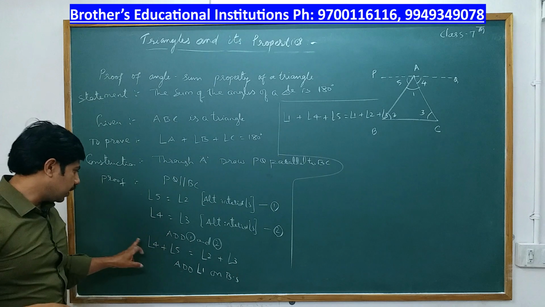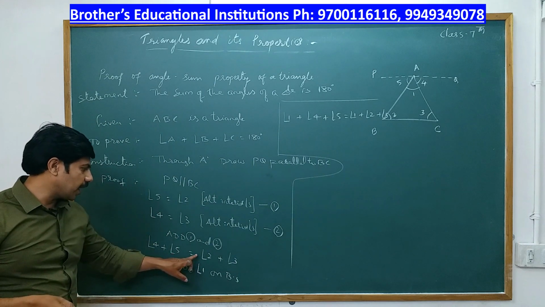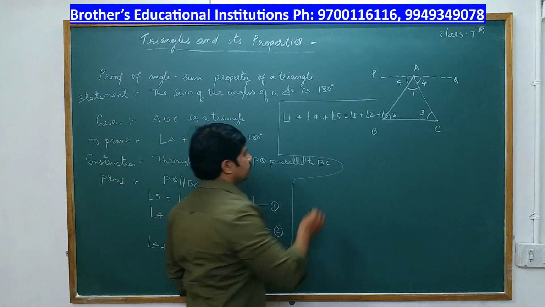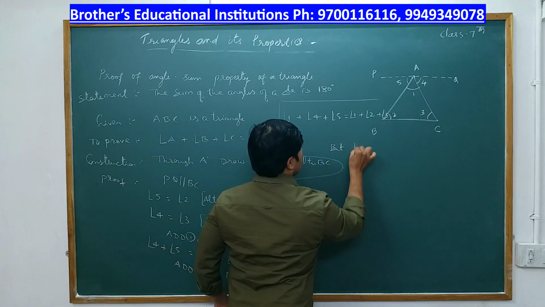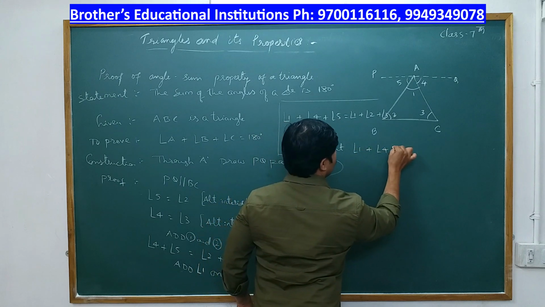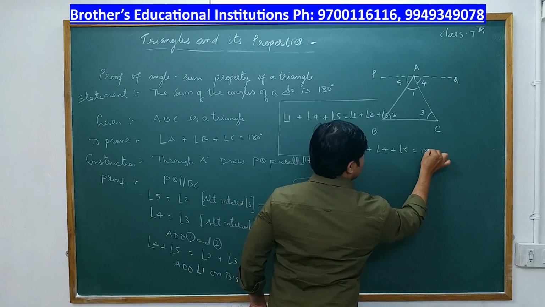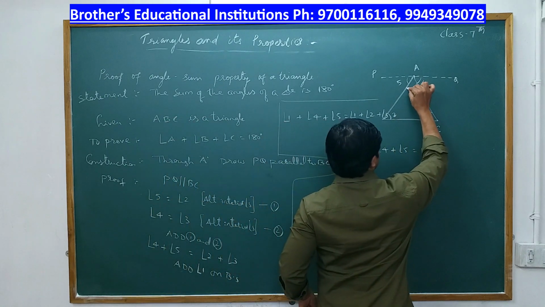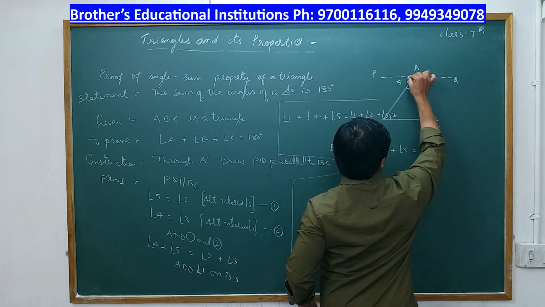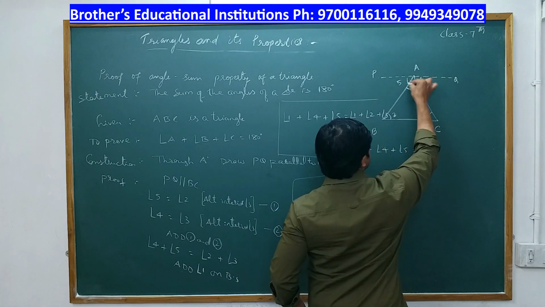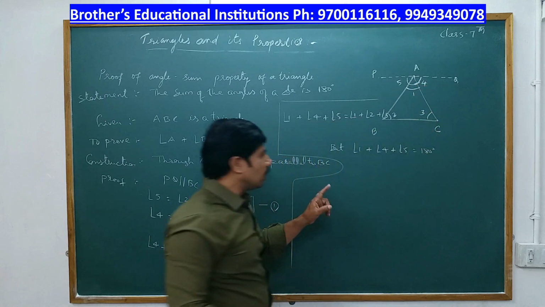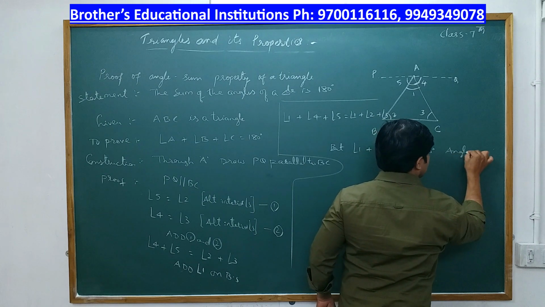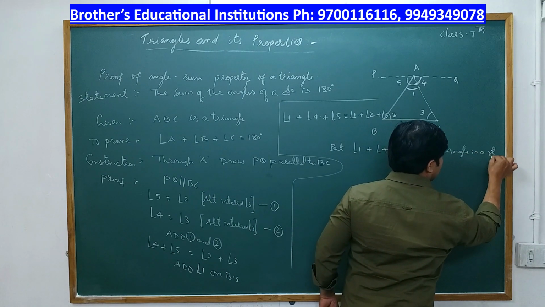See, angle 1 plus angle 4 plus angle 5 here, and angle 1 plus angle 2 plus angle 3 here. That only we know. But angle 1 plus angle 4 plus angle 5 is nothing but 180 degrees. Why is 1 plus 4 plus 5 equal to 180? Just refer to this diagram. PQ is a straight line. On PQ we have these three angles, 5, 4, 1. So 1 plus 4 plus 5 is 180 degrees. The reason we write is angles in a straight line.